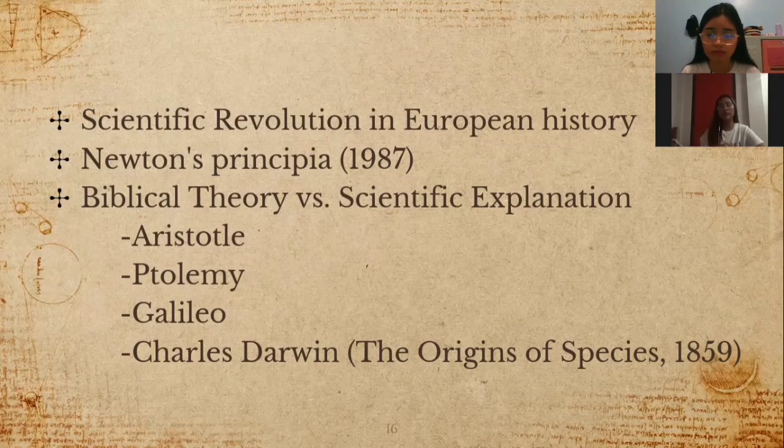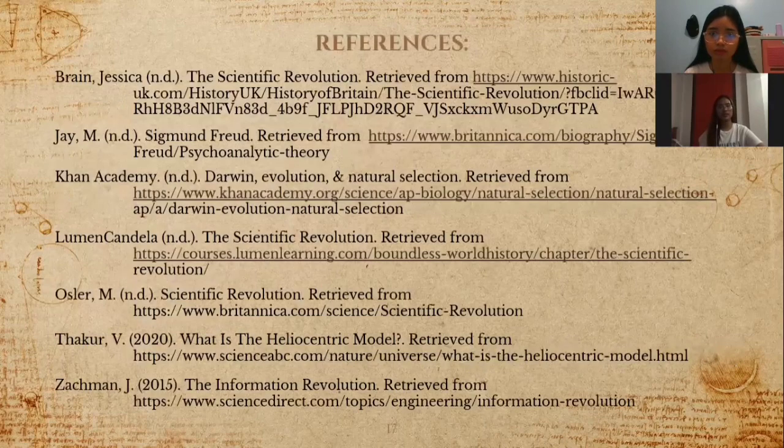The Bible, on the other hand, states that the sun and moon were perfect in form because they had been created in God's image. This idea was debunked by the Italian philosopher Galileo, who built a telescope to examine the sunspots and craters of the moon. This debate continued long after such period in European history. When Charles Darwin released his book On the Origin of Species in 1859, it sparked debate between the concepts of evolution and creationism. So that's it. Thank you all.